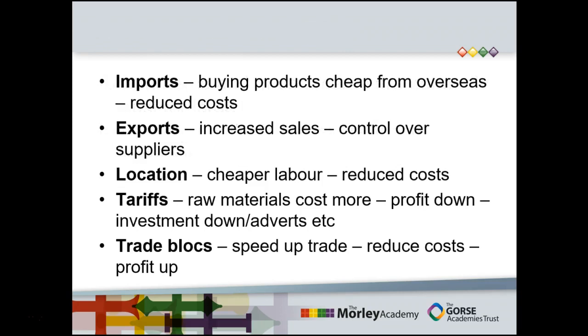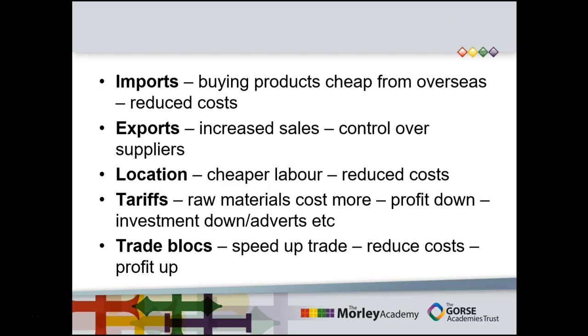Moving a little bit further on, some of the other things that you need to be aware of in this 2.1 is imports. So buying products cheap from overseas. We're talking now about globalisation and some of the things that organisations need to consider. So one of the big things for organisations more recently is, where do you source your materials from? So places like China